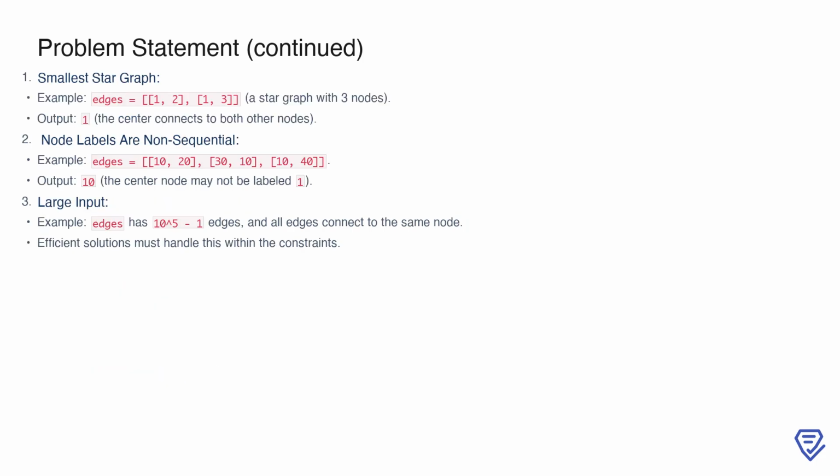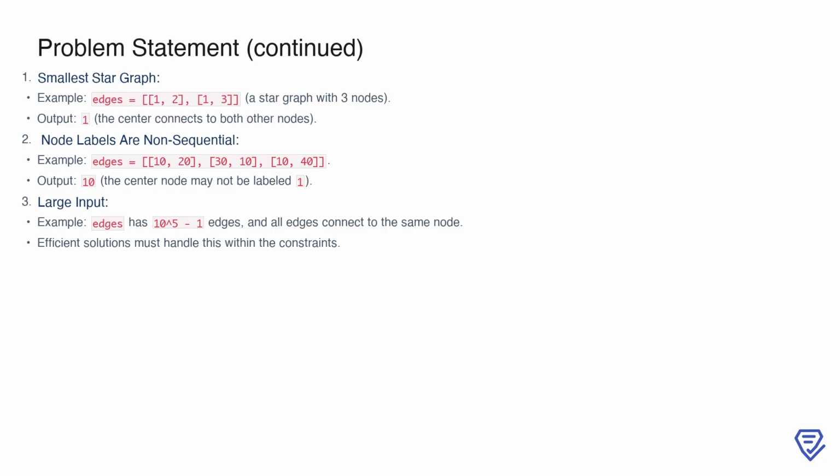Let's consider a few important edge cases. First, in the smallest star graph, such as edges equals [[1,2],[1,3]], there are only 3 nodes. Here, node 1 is the center since it connects to both other nodes, and the output is 1. Another edge case is when node labels are non-sequential, like edges equals [[10,20],[30,10],[10,40]]. Even though the labels aren't consecutive, node 10 is still the center as it connects to all other nodes, so